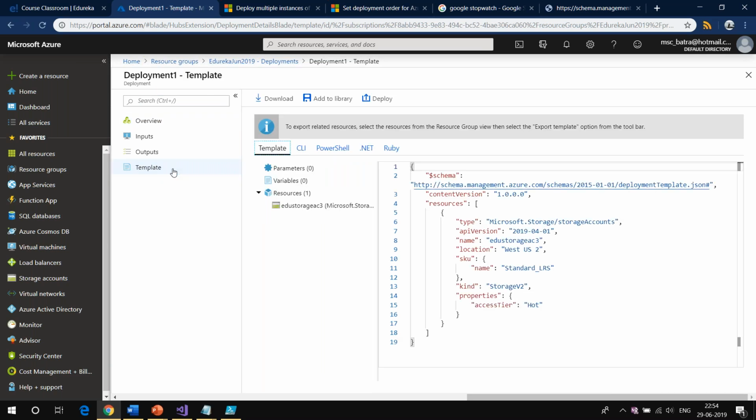Even if you do it from an ARM template, PowerShell or the portal, you can see here the schema that we used to do our deployment. Whatever ARM template you are passing to Azure is captured under the deployments tab. Okay, all right. So I'm going to close this one.